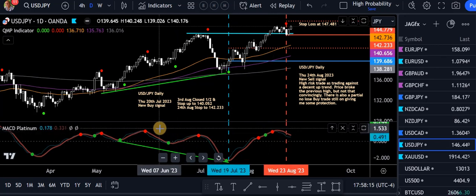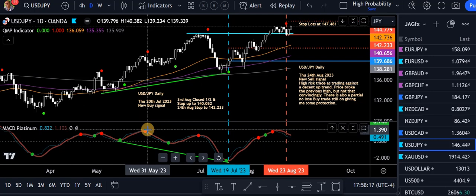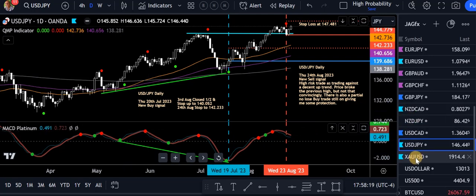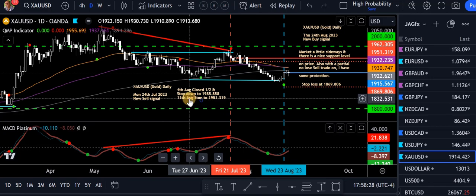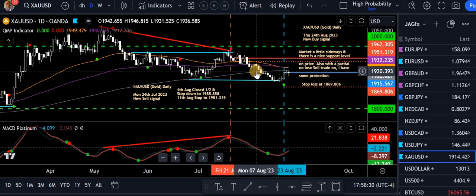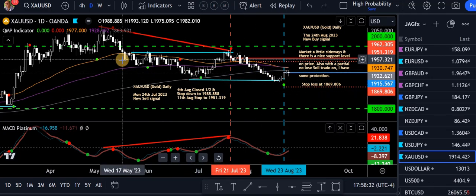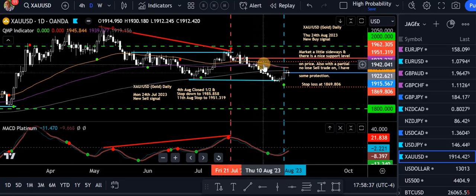No real divergence there. All right, gold, XAU USD. Got a bit happening here. Got a sell trade still from the 24th of July and some trade management there, so I can't lose on the sell. It's all a bit sideways there, so we're just trying to put that in more as insurance or